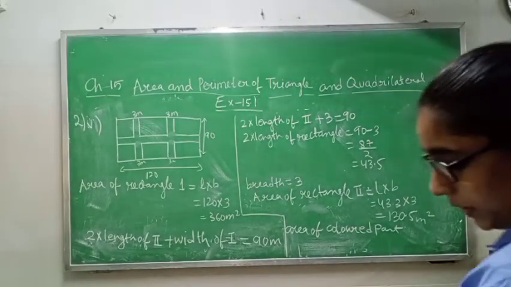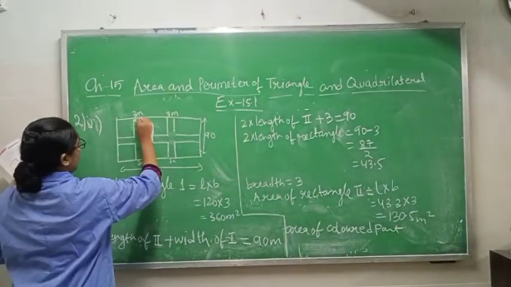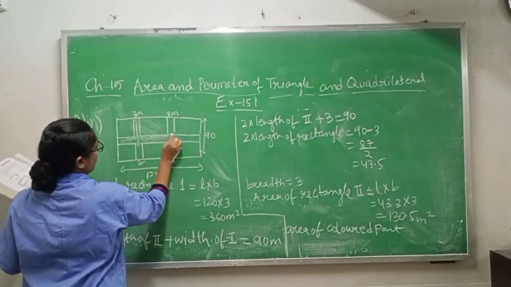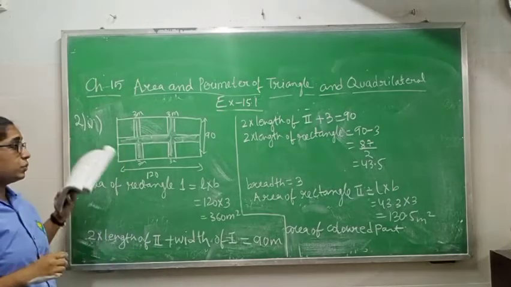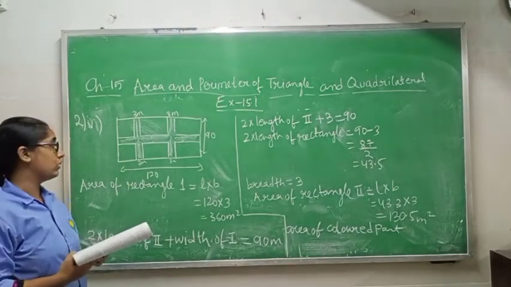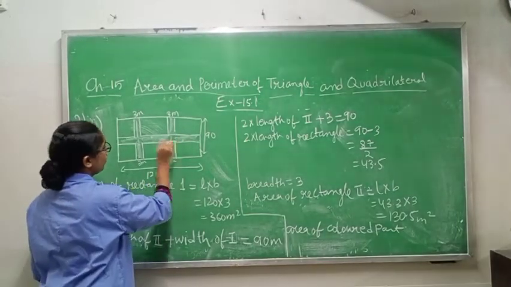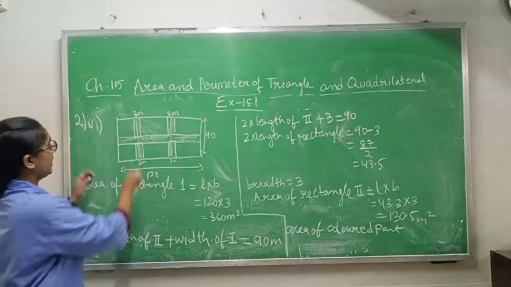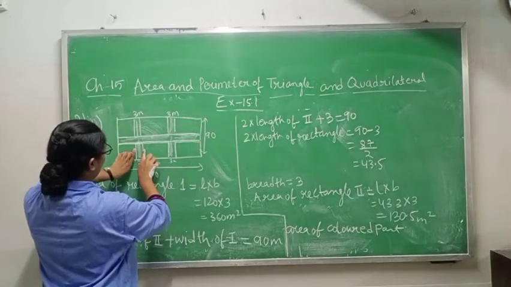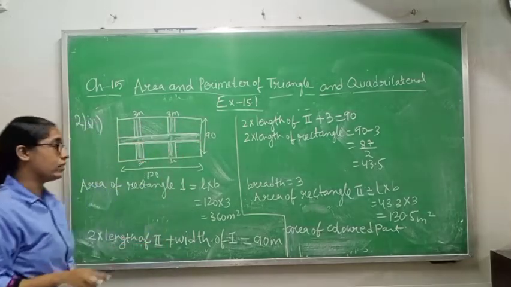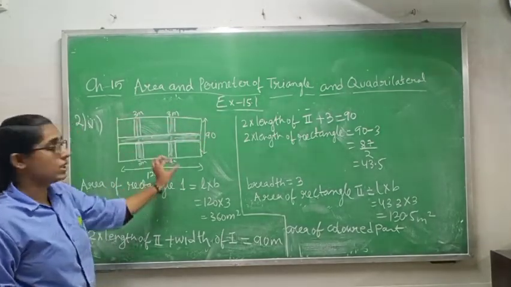Class 9, see question number 25. You can see the diagram. It is given like this, and this full portion is colored. Okay. So if we have to find the area of the colored portion, how will we find it? In this type of question, first of all, you will join this one. Why? To get a rectangle. Now you can see this one is one rectangle and these are 4 small rectangles. Length is given 120, breadth is 90, and each width is 3 meter.